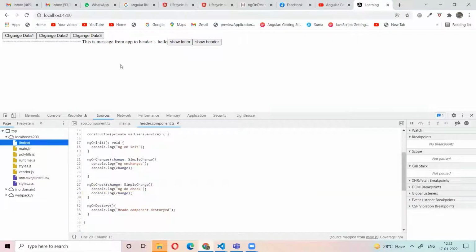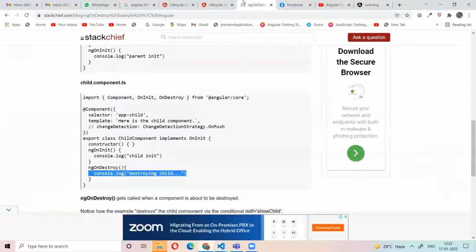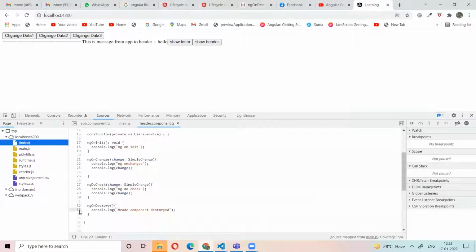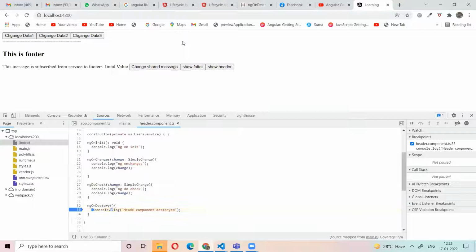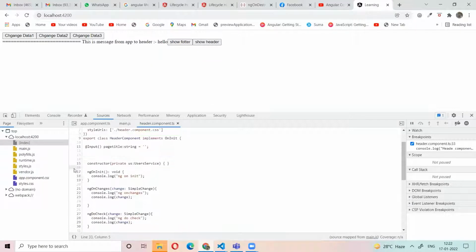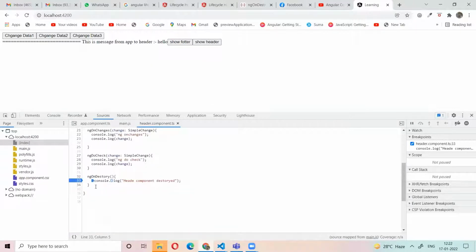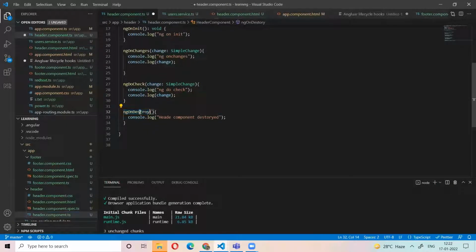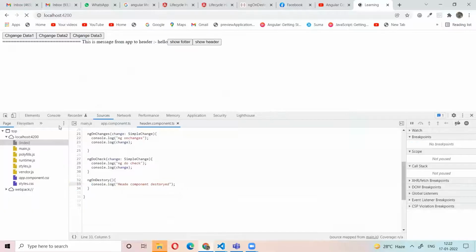I think this ngOnDestroy will be called if I click show footer or show header, but I don't know why it's not calling. Any spelling mistake? Destroy spelling mistake. It's DESTROY, right? Now let's see, I think it will be called now.